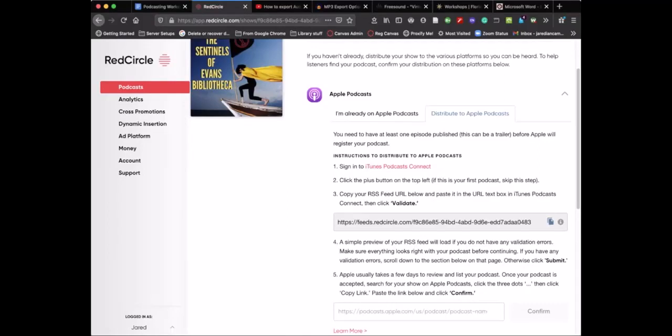And the nice thing about it is the tools that you're using and the information that you're being given right now follows all of those rules. So if you follow the directions I've given you, you're going to be able to be put on Apple Podcasts. Anybody around the world can pull up your podcast as long as it's been distributed there. So let me stop that and go back to my